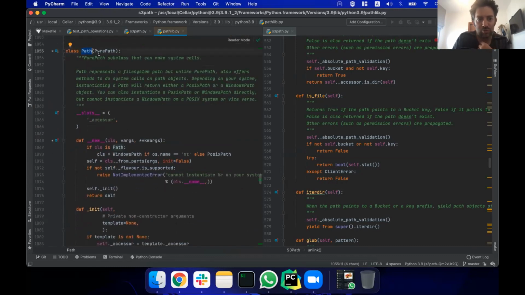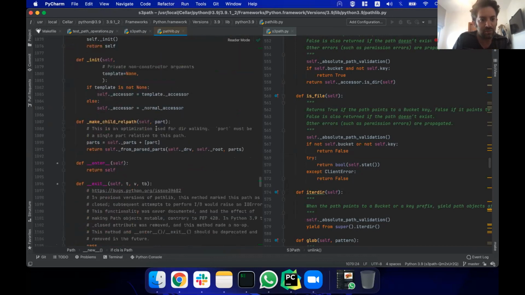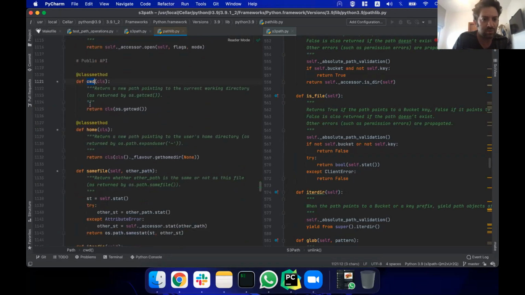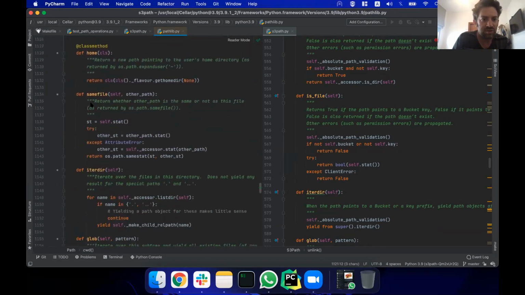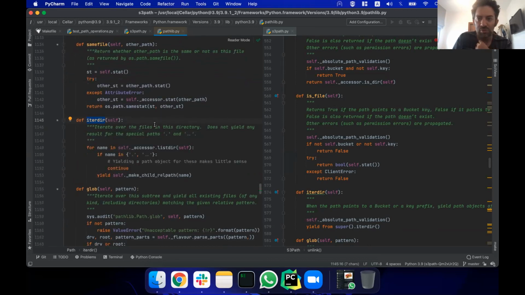The path object. Here is the place where we are mapping between the Linux and the Windows path, okay? And if I'm looking at most of the methods, you can see that it's actually just calling the accessor.